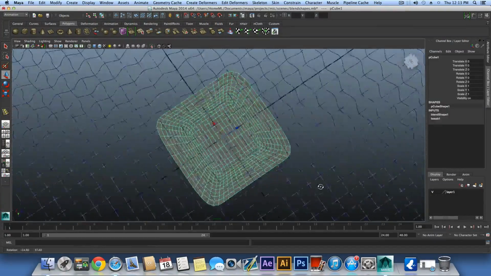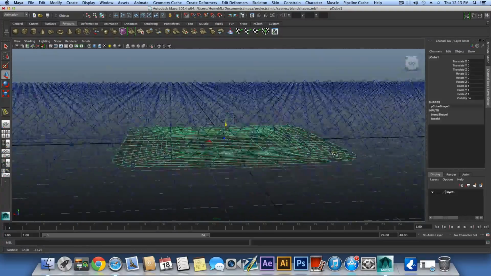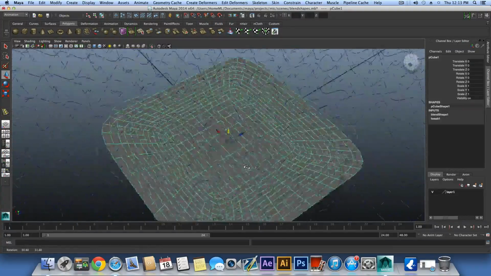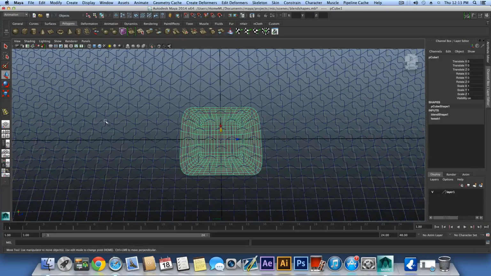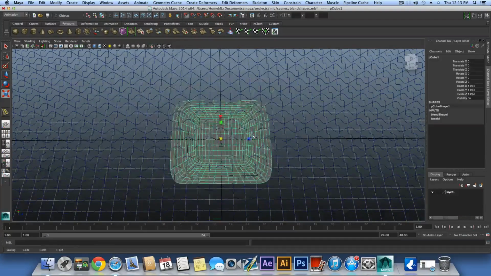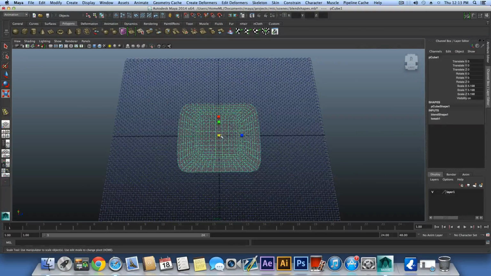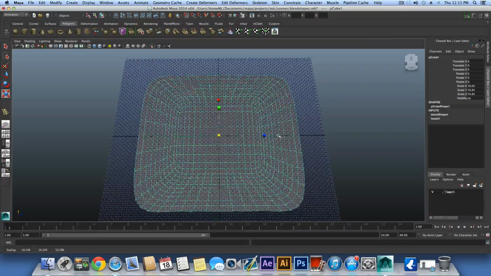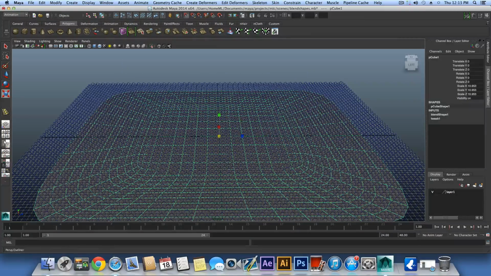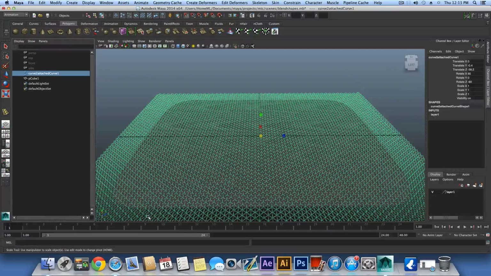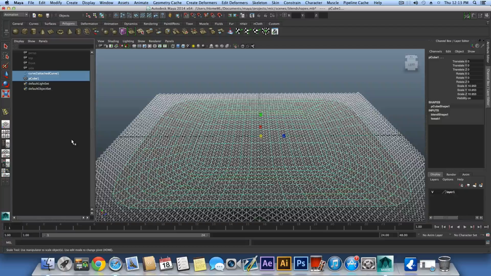Okay, so when this is inside, you see, just like those wires, those screws are going through this plane. I want you to grab the plane and just scale it to something about so. Okay, now you come to the outliner, first grab these, shift select the polyplane, the cube, and go first